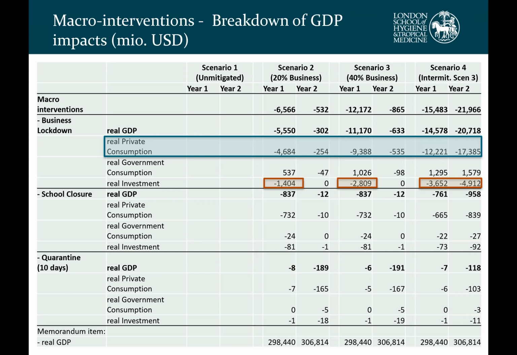The real government consumption impacts are actually positive, and that's because with these particular business lockdown impacts, salary levels actually drop. And in our macroeconomic model, the way that we have closed it is we've assumed that the government budget will be maintained. The government draws revenue, for example, from taxes, but the government revenue will be maintained, and therefore they will have a higher output from